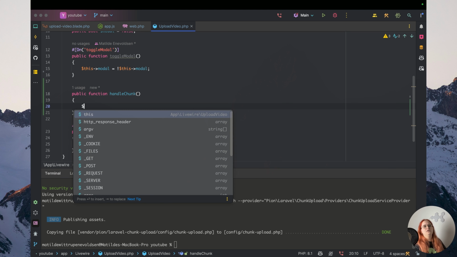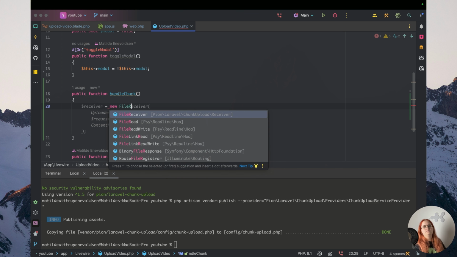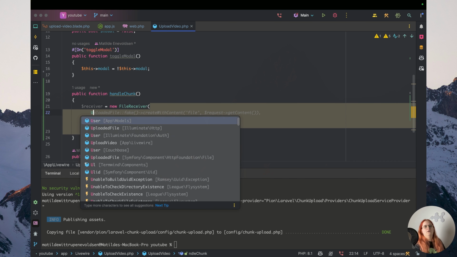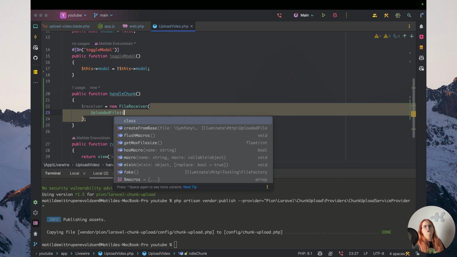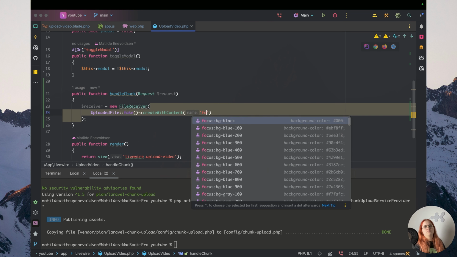And in here, I want to create a receiver, a new file receiver. In this file receiver, we want to have an upload file, which we're going to fake create with content. In this case, we're creating it with the content we're getting from the request, essentially. So we're going to pass through Illuminate request, and in the receiver here with content, what we want to get from is the file,